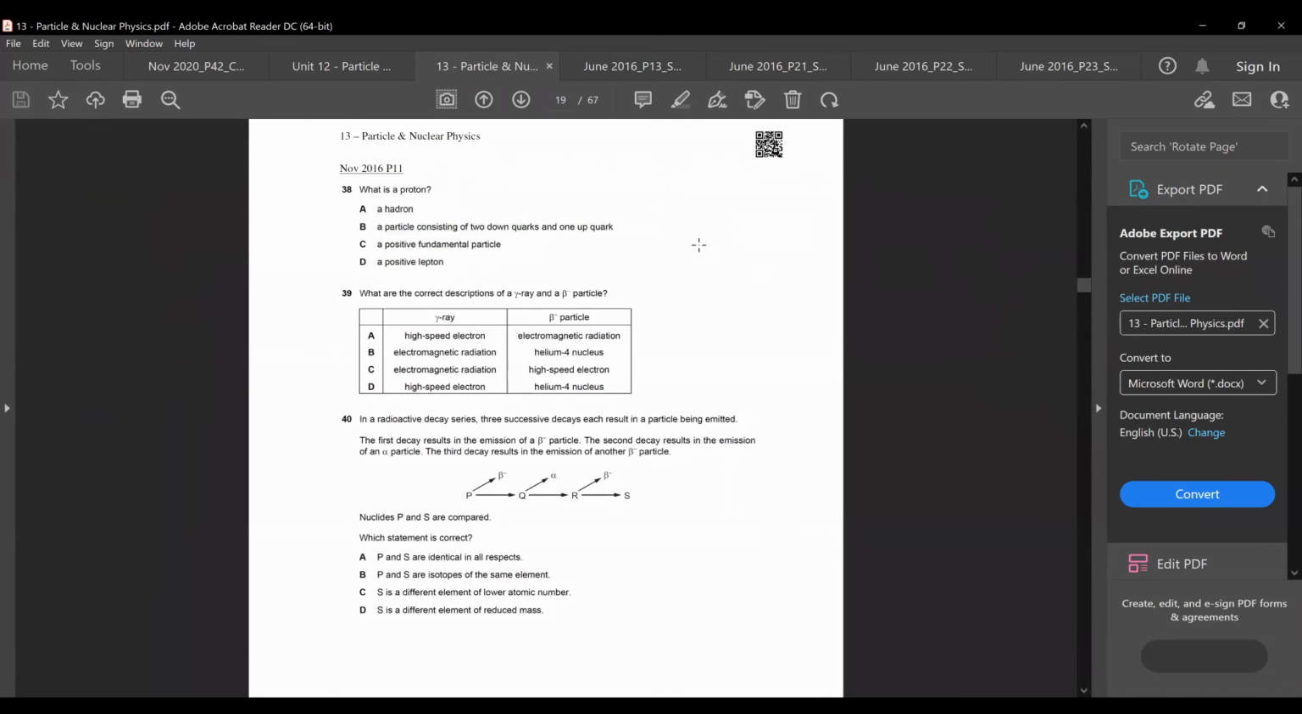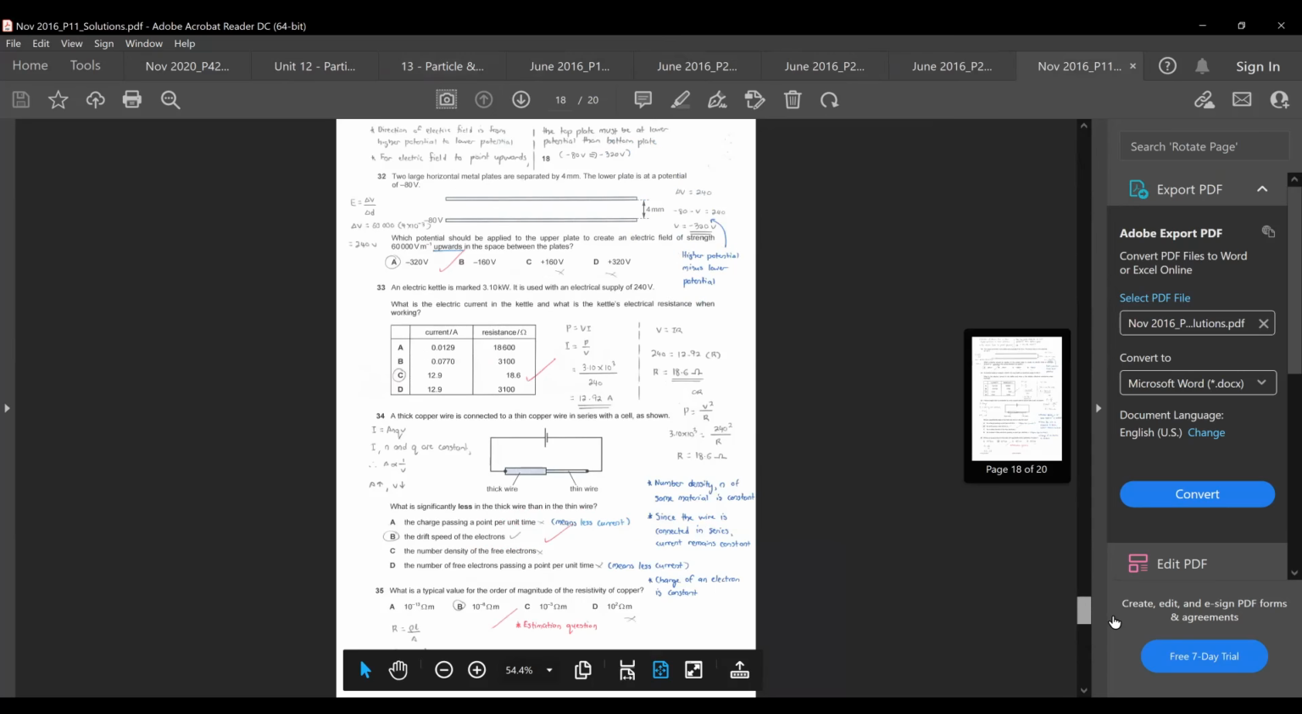Okay, so November 16 P11. This one I'm just doing things page by page now. All right. Okay, what is